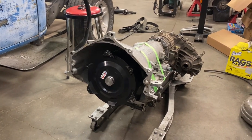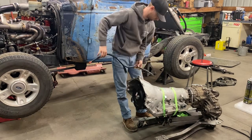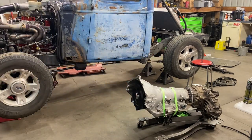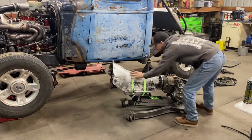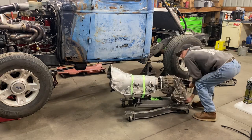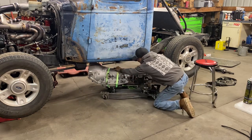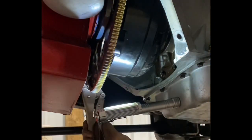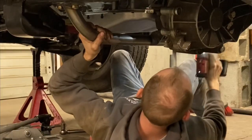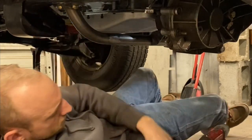But other than that, we bought a FTI 3200 advertised stall torque converter that's rated to 750 horsepower with a single disc lockup. It's not what I needed, but it was what got me on the road immediately because the track day was coming up. This was me installing it. I did have some dramas with it. Going through the gears, it tried locking up here and there and doing weird stuff, but it eventually solved itself out after pulling the pan off a few times and fixing it. But anyways,